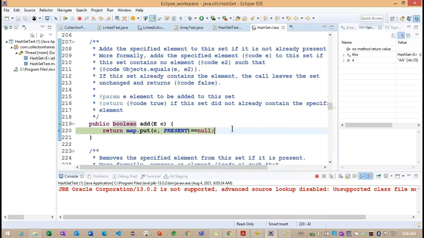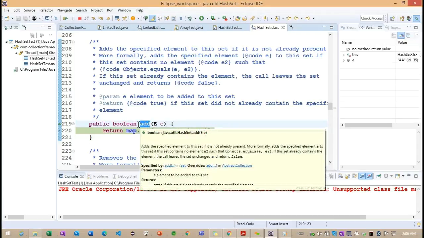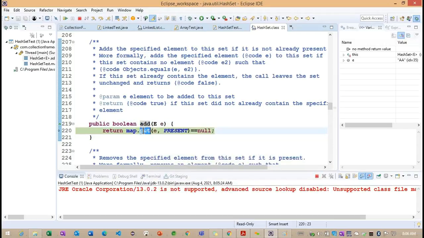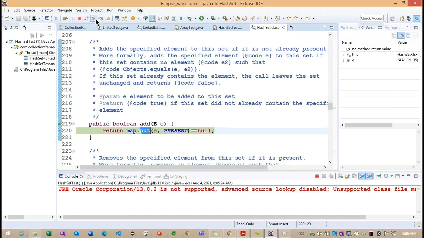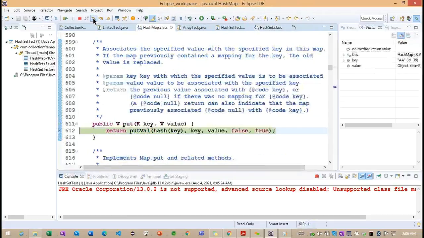Now what we need to understand: when we call this add method, internally it is calling the map.put method, with e as key and PRESENT as value. Now let me move inside this put method.